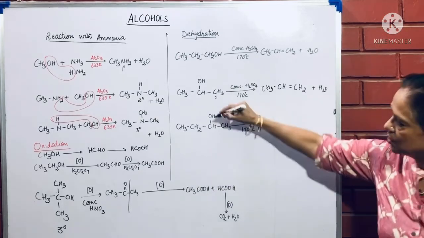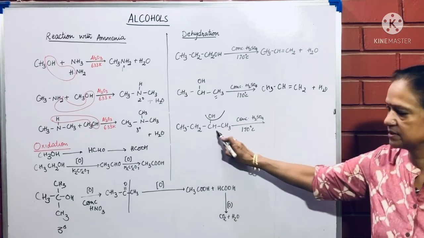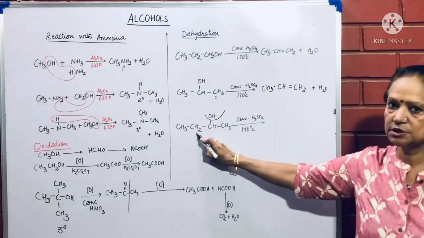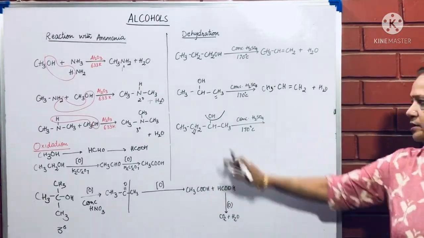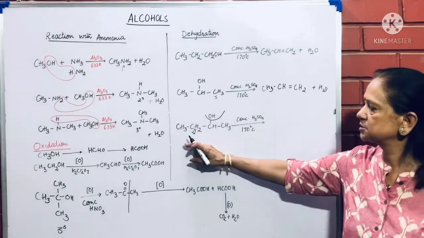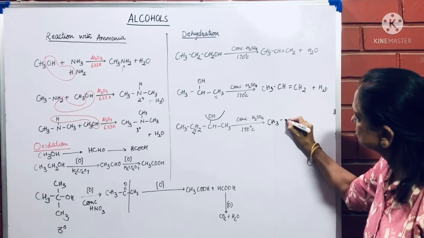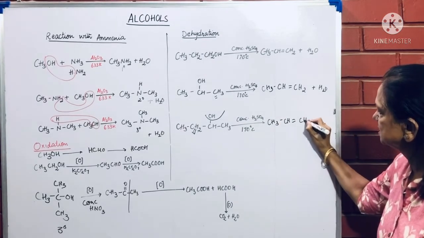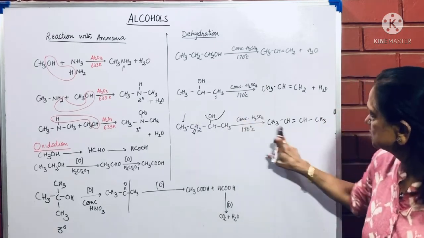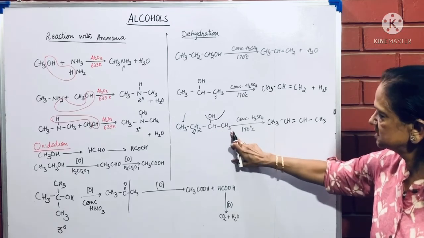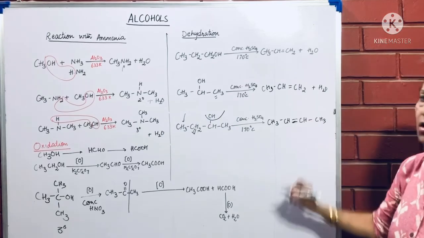In this case, OH removed from here, this carbon atom contains 2 neighbors. One contains 3 hydrogen, the other contains 2. We will use this one. Poor becomes poorer. The one which has less number of hydrogen, from that I will remove the hydrogen. So now it becomes CH3CH=CHCH3. CH3 this one, remove one hydrogen becomes CH, this CH, CH3. Between these 2 removal has taken place, so a double bond comes between